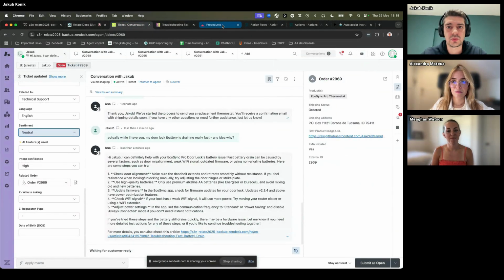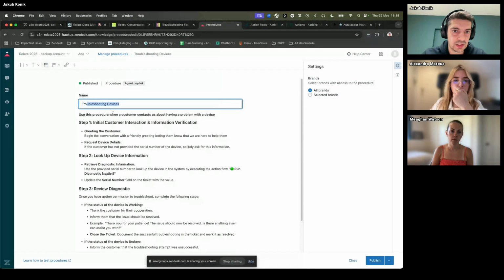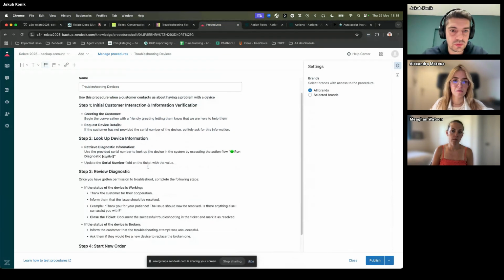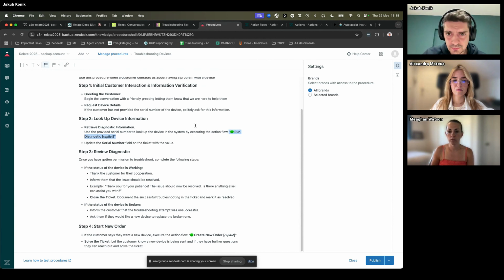And I also wanted to show you how this looks from a procedure perspective. So all of this up until this point was directed by this procedure. So this is just a plain text description of steps that should be followed. They do not have to be followed in an order. So AutoAssist will adapt and it will just pull the right step when it's needed. And here you can see references to actions that were used. So we can just instruct AutoAssist to execute a given action in the right time, and it will do it.